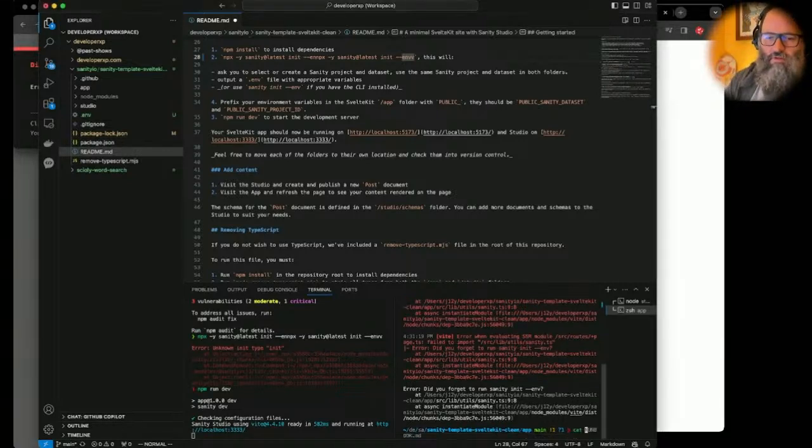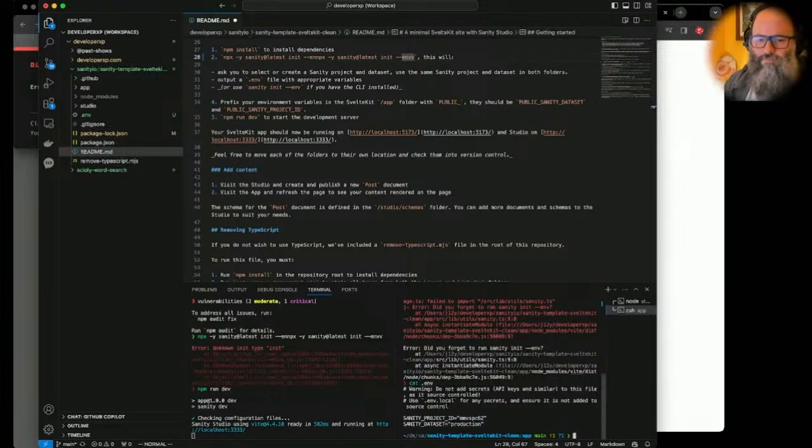I don't think so anyway. A project ID and a dataset, although it's a public dataset. So being able to write to it, I would hope, is protected, but being able to read it isn't that big a deal if you have the key. So I'm just going to take a peek at Studio. I'm not going to put that on the screen yet, but